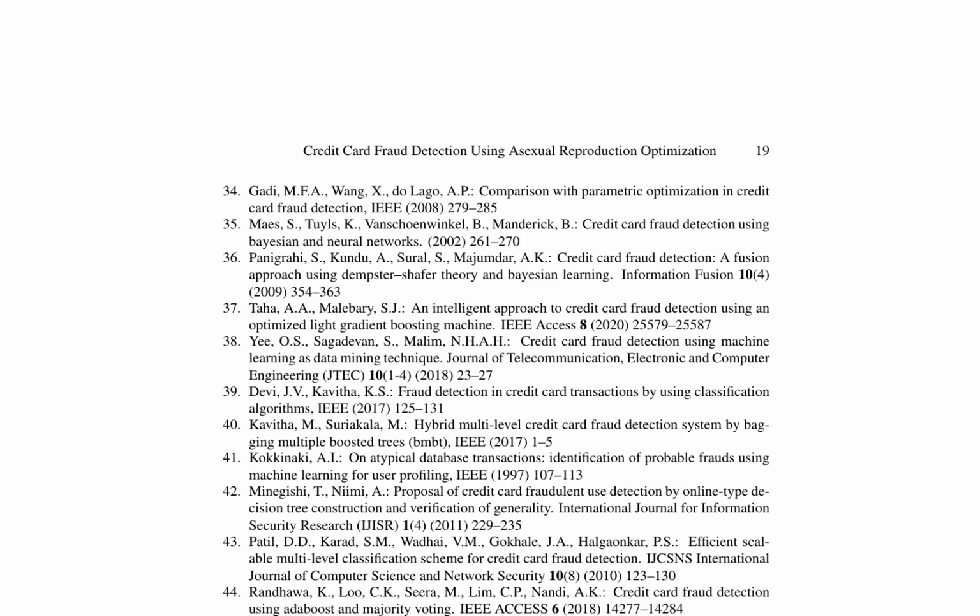Here is a combined summary of pages 19 and 20. Credit card fraud detection has been an active area of research, with various machine learning and optimization techniques being employed to combat this issue. Numerous studies have utilized classification algorithms, such as Bayesian networks, neural networks, and decision trees, to detect fraudulent transactions. Other approaches have involved the use of optimization techniques, including asexual reproduction optimization, to improve the accuracy